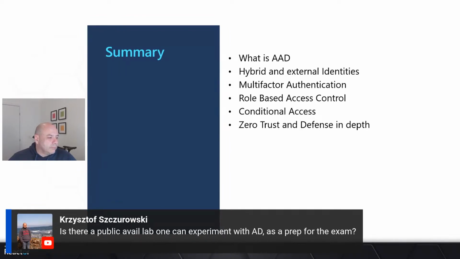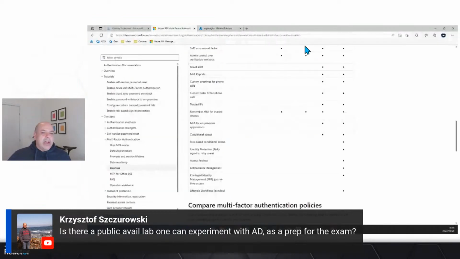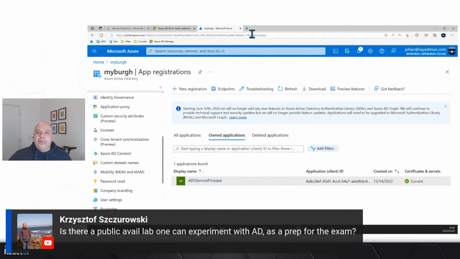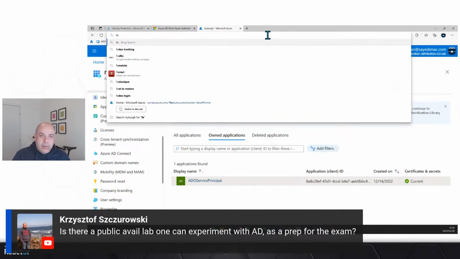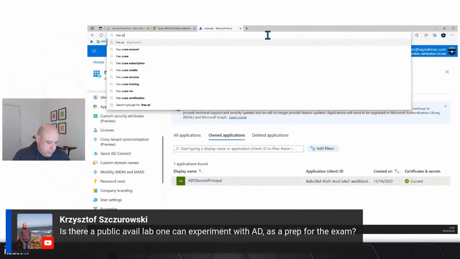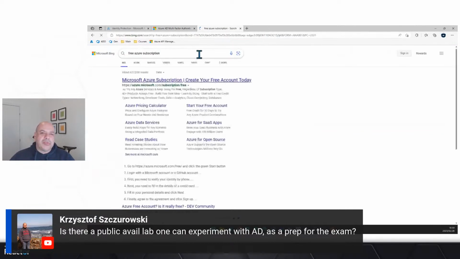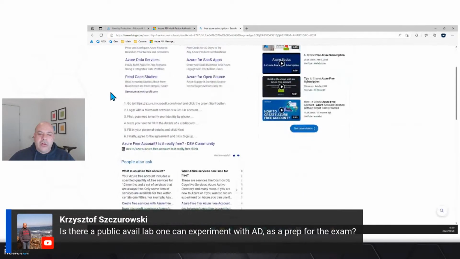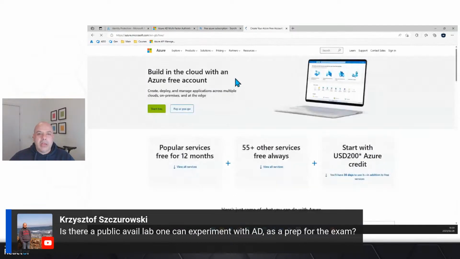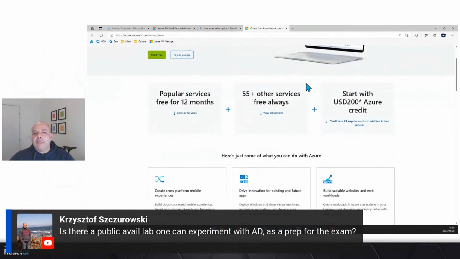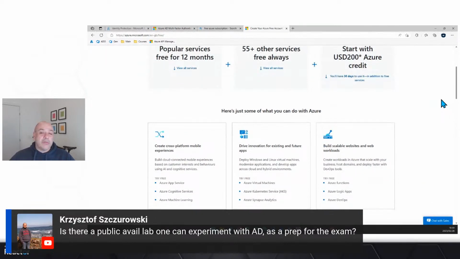Then same question, is there a publicly available lab one can experiment with as a prep for the exam? There actually is, and if you search for free Azure subscription, you will notice that we've actually got a free Azure subscription. The free subscription will give you a bunch of services over a period of time. Some of these services will stay available for you forever, because certain features of Azure are essentially free,